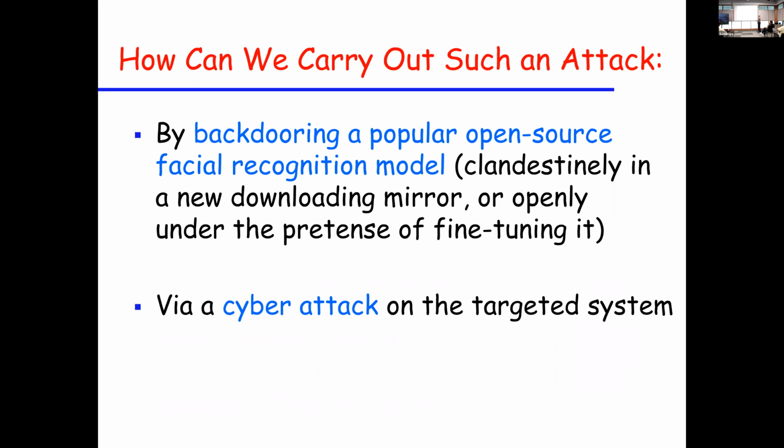Okay, so how can we carry out the attack I just mentioned? The easiest way is to take any open source facial recognition system which had been published. Don't retrain it, don't do anything. Change a few of the parameters and upload it in a new mirror site and hope that no one will notice that some parameters had been changed, because you may actually completely change the order and do all kinds of manipulations to make it look different, like a new kind of deep neural network. And you can claim that this works better for dark-skinned people or people wearing abaya. So I don't know what. You make a claim why this is a new deep neural network which you should use. So approach number one is to simply